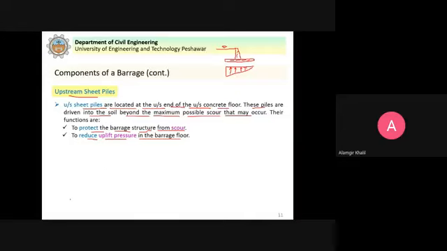Now when a sheet pile is provided, it will help reduce this here. If I have a sheet pile here, then because of this sheet pile, this pressure will be reduced. Just upstream of the pile, it will be this pressure here. But because of this, it will be reducing, and then from here, this will be the situation. So you can see that because of the sheet pile, the pressure is reduced.